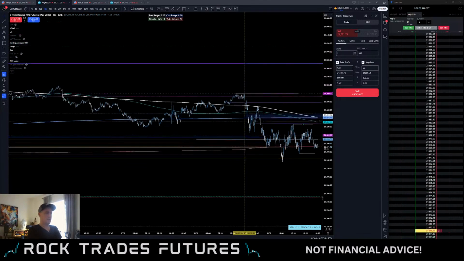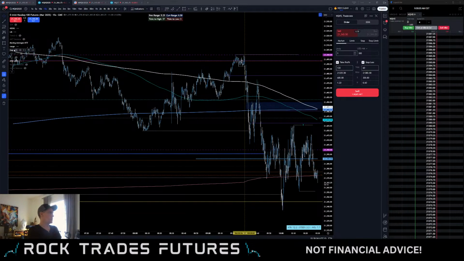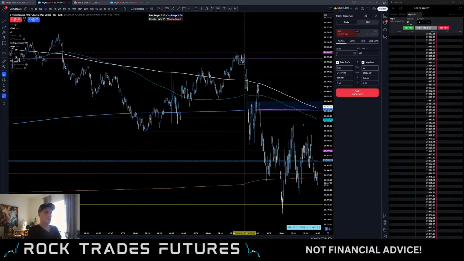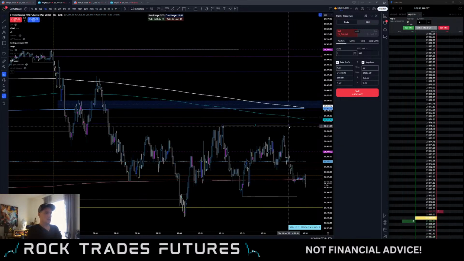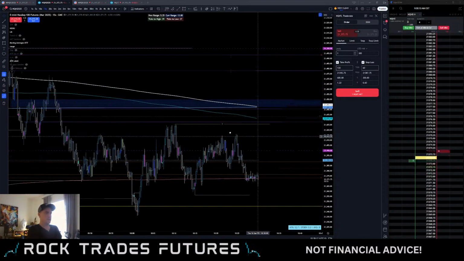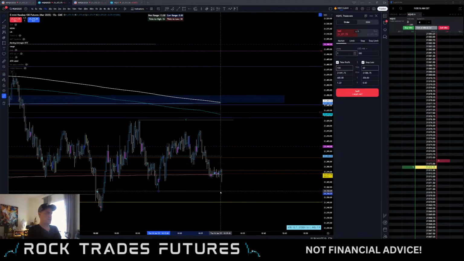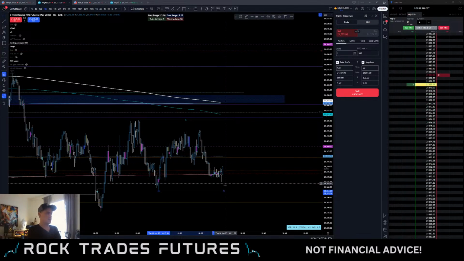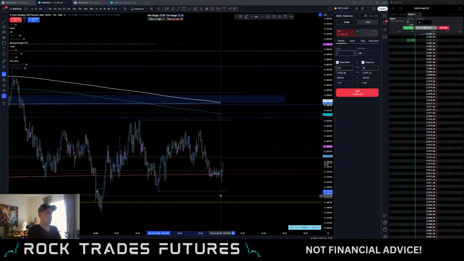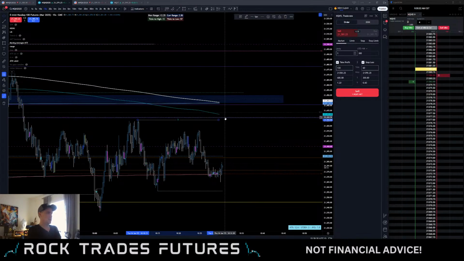Gap. I'm not interested in this gap anymore for the day currently. So what am I really interested in? I'm interested in a short from up here, for sure. I like that we would create some inducement here. Get people thinking shorts, push up, get the longs to push their stops up. They think this is support. Come back up here. Take these dudes out. Get people buying breakouts. Buy stops triggered. We sell to those buyers at this higher price,